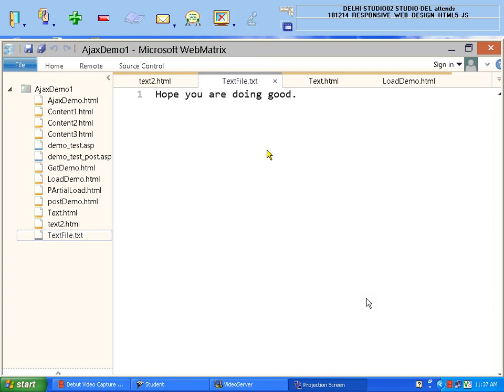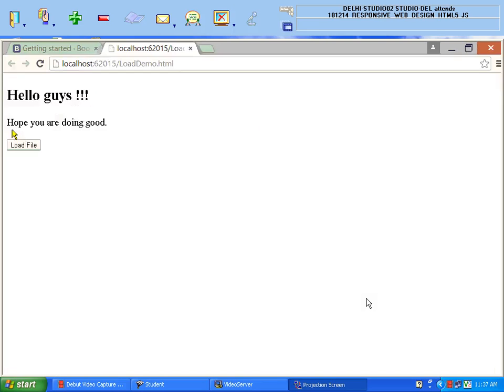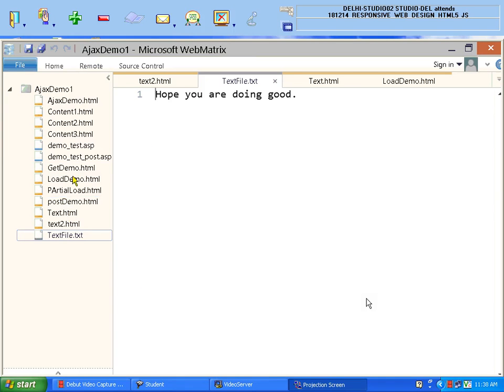When I upload these two files, this web page does not reload again. Only the div element and the p element get reloaded. Otherwise, if I write something in this page, let's say, for example, I add some other content in this page.